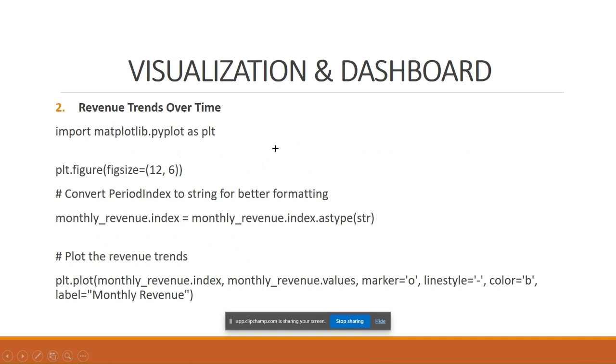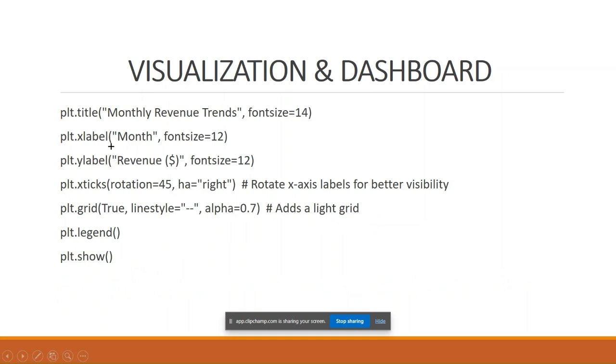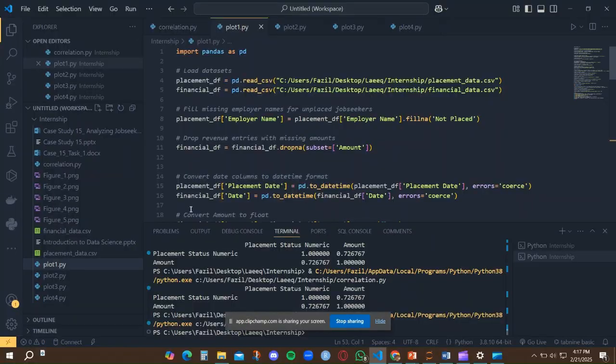The next step is to see the revenue trends over time. Earlier, we had seen the monthly amounts that were generated for job seekers and how much GTS had earned. Over here, we're going to create a line chart, which will help us to see the growth per month, how much revenue they are generating and how much they are losing. So we create a plot for the month with the amount of revenue, for easy readability. And then upon running it,